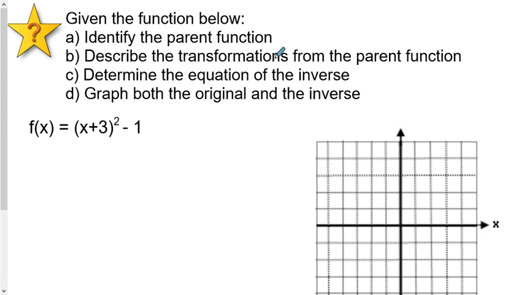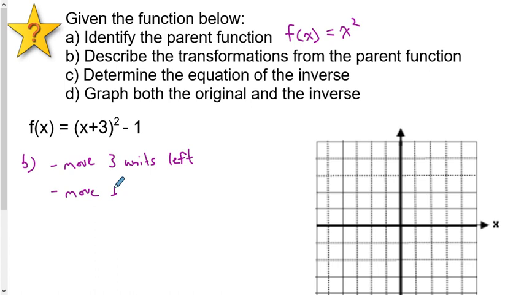First of all, identify the parent function. I'm just going to do that right up here. I'm going to say, okay, our parent function is a quadratic. I can tell that because it's squared right here. So our parent function is just going to be x squared. Describe the transformations from the parent function. There's just two of them. So I'll do b right here. The first one is my plus 3. I'm going to move 3 units to the left. That's the negative direction. You could also, to get there, you're just subtracting 3 from your x values. And I'm going to move 1 unit